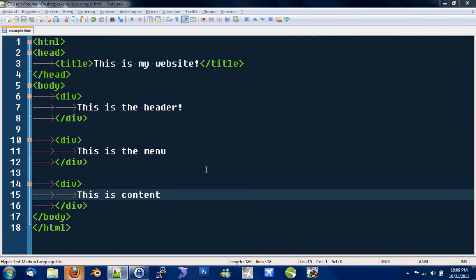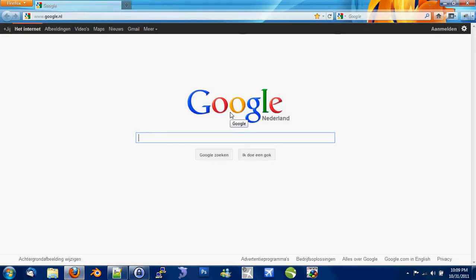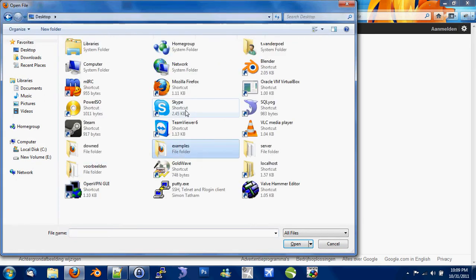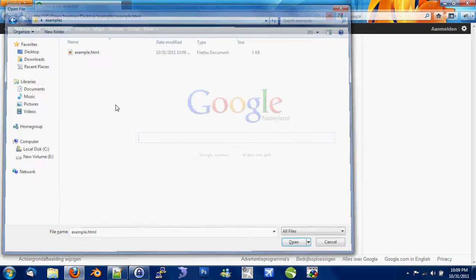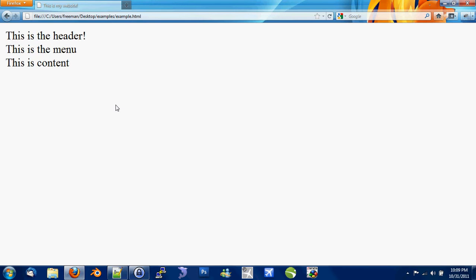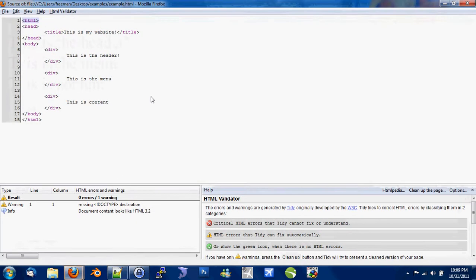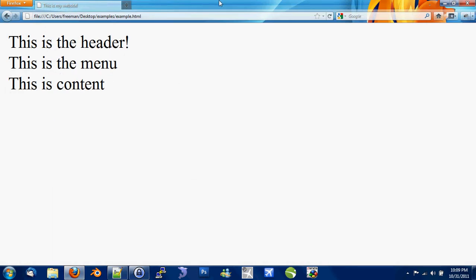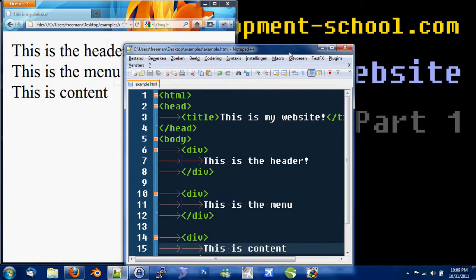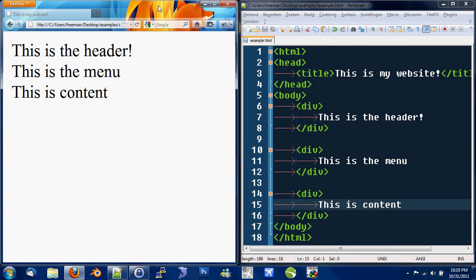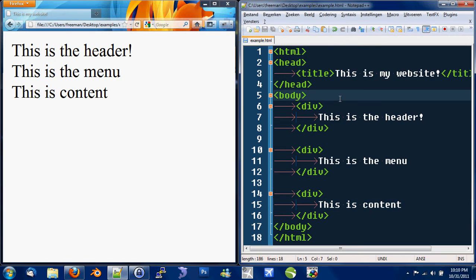Let's see how that looks in the browser. Well, it's gonna look like this. It's looking boring, but that'll change in a bit. Let me just put them together like this. Alright,